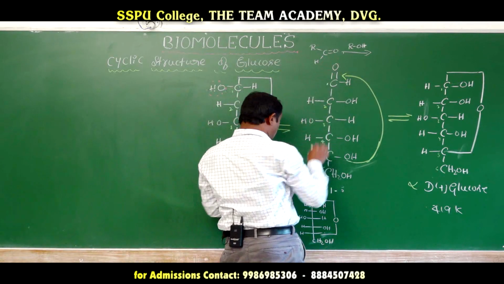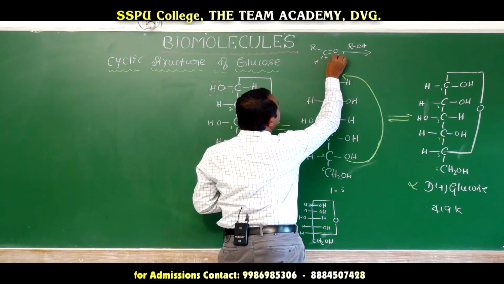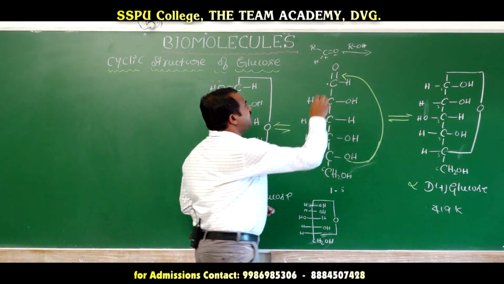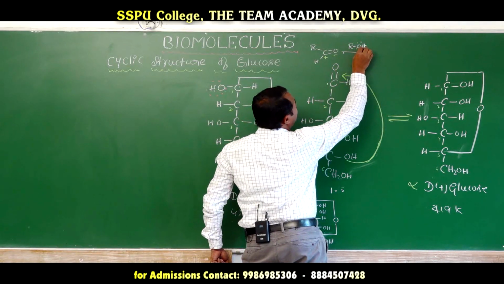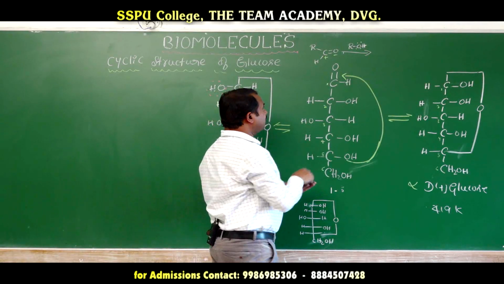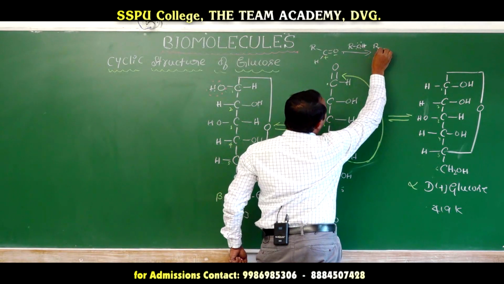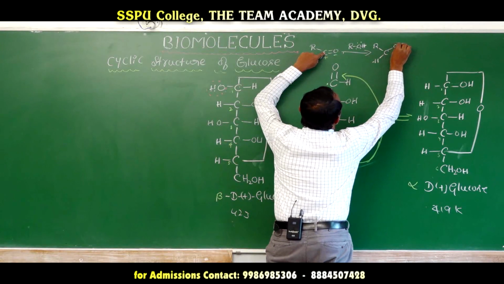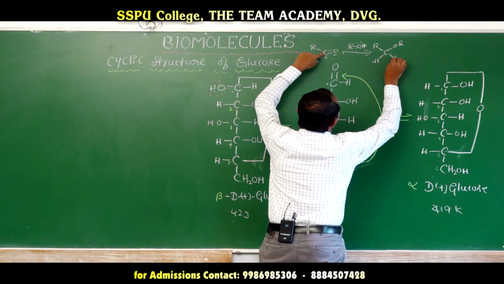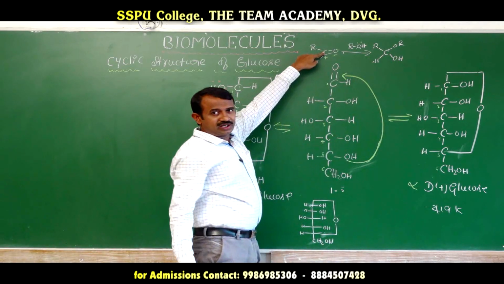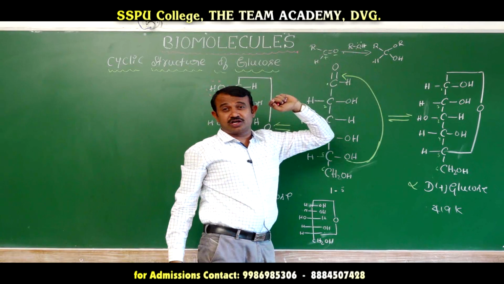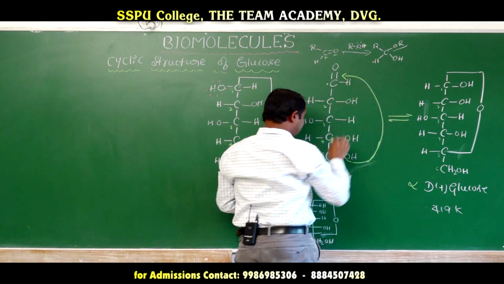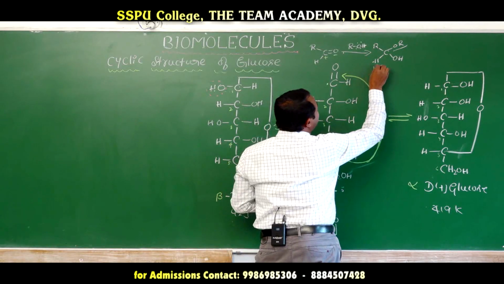Here the carbon has a positive charge and the oxygen a negative charge: electrophile and nucleophile. Here also the oxygen contains a lone pair of electrons, forming a nucleophilic addition reaction. RCH, here the oxygen with OR attached, and the double bond is converted to a single bond. In nucleophilic addition, sp2 hybridization is converted to sp3 hybridization. When it has a monoalkoxy group, that is called a hemiacetal.